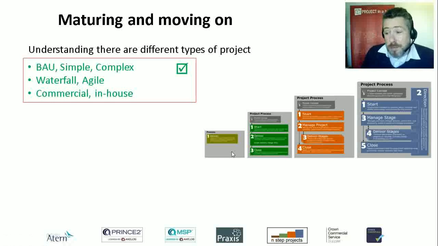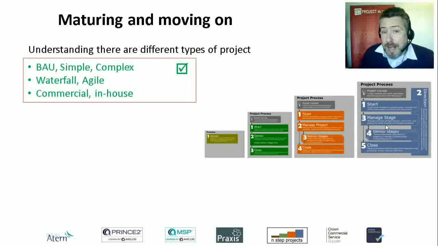They are a business as usual type activity, but you can manage them in the same way. We've got then three-step projects, which are small single deliverable projects. It's the one we've been looking at in our office move discussions. A four-step project, which is using multiple delivery steps, and then a five-step, which is a more structured, higher level of documentation, again multiple delivery steps, and a sort of direction and oversight process as well. These are all generically what are described as waterfall projects, so something happens after another thing. You go from 1 into 2 and 2 into 3, etc.